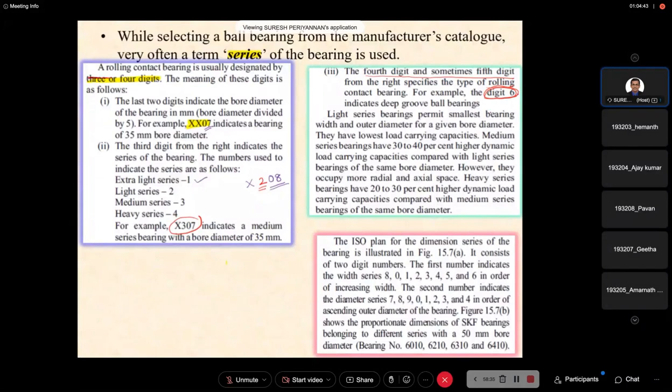We are following the standard. Put a 6. If you put a 6, now this is if I say this manufacturer to this number. Now what is the meaning? Our bore diameter is 40 mm. This defines my load capacity, the light series of the bearing. The 6 defines that